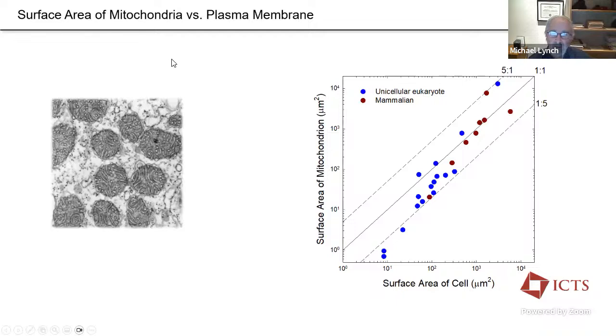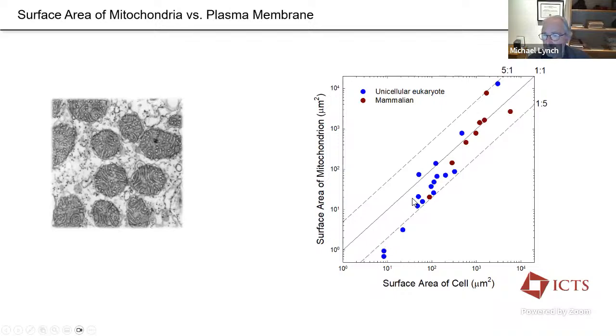Now, if the mitochondrion was going to save the day by providing more inner surface for the habitation of ATP synthase, then we ought to be able to go into eukaryotic cells, measure the total surface area of mitochondria, and compare that to the surface area of the cell. If the surface area of the mitochondria is no greater than the surface area of the cell, then it would appear that nothing has been gained by moving ATP synthase from the cell membrane into the organelles.